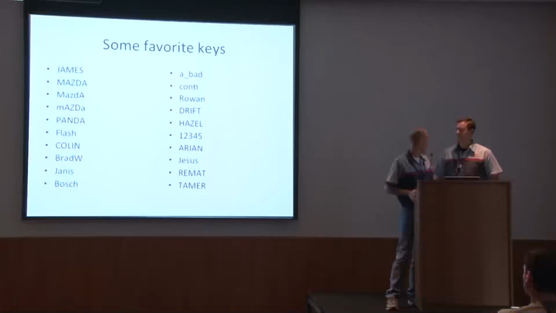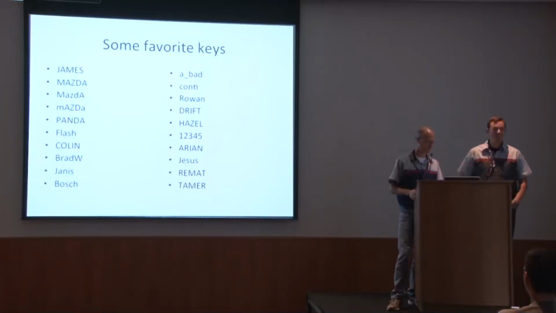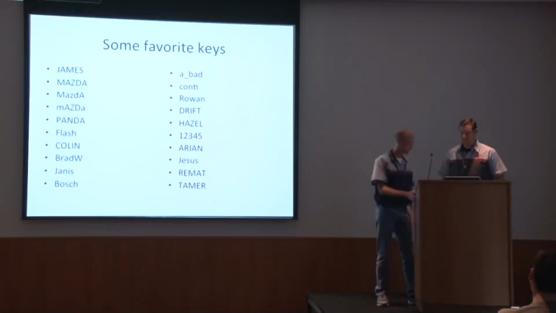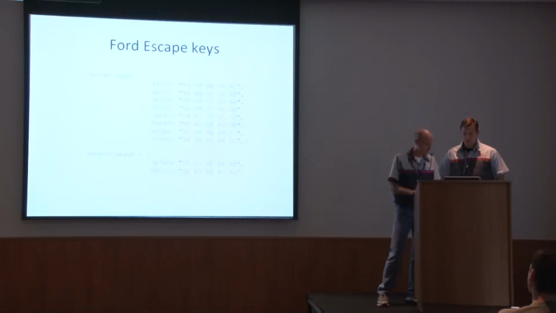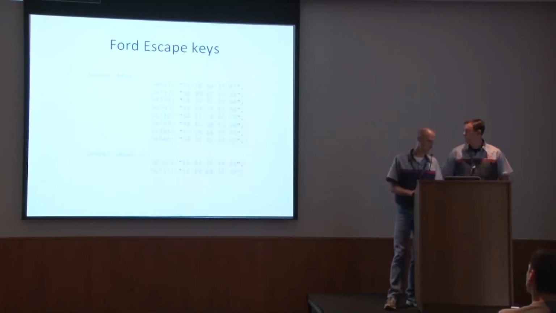And then because they're 5 bytes, they can be any random bytes, but sometimes they made the bytes ASCII characters just for fun, I guess. And so I got a real kick out of seeing what some of them were. So here's the actual keys that you need to know. There's a list of like 60 keys or 100 or whatever. But these are the ones that are actually in the 2010 Ford Escape.